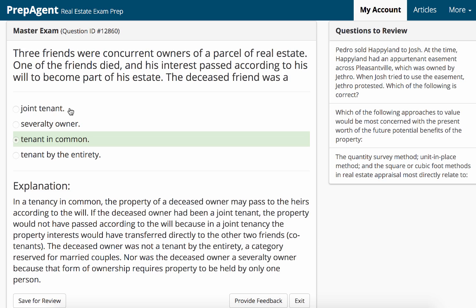Is that transferability, possession? Write this down. Do you have a paper? Yes. Joint tenancy has TIPS, which is time, title, interest, and possession. Okay, and tenancy in common just has possession. And the other thing that makes joint tenancy, which is what we're referring to in this question, is the right of survivorship. Okay, good.